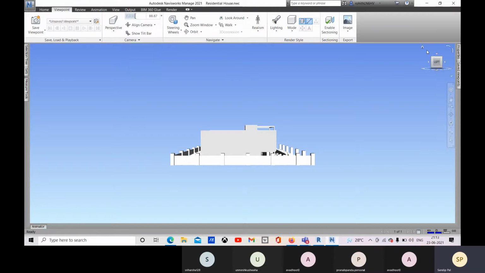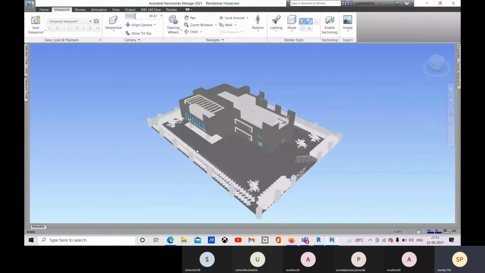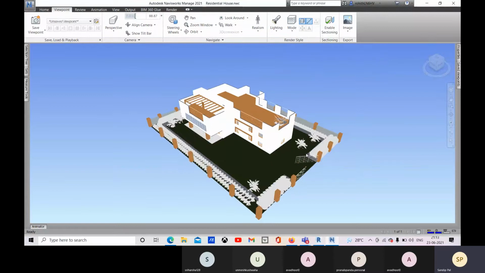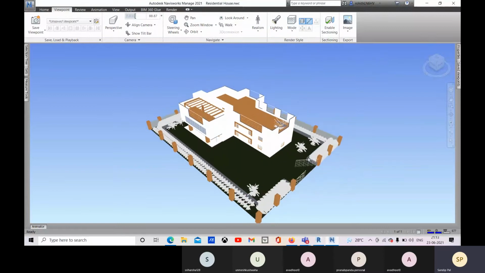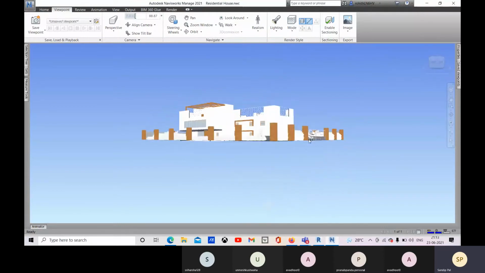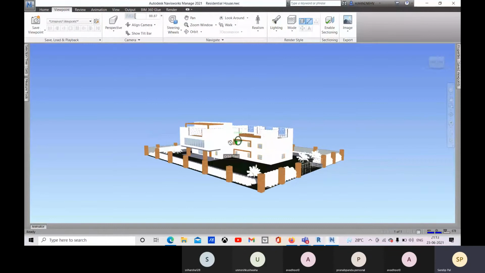Okay, or else you can come back to the normal home view. And here also you have this mode. So by default, this shaded mode will be visible. You can choose full render so that you can get the exact materials which are present in your Revit. So this way, it will generate, basically it will generate an NWC file.